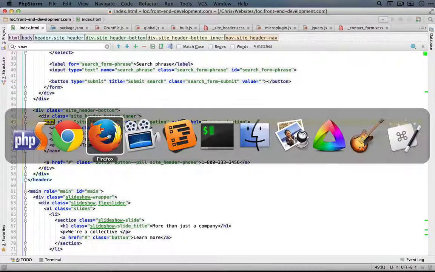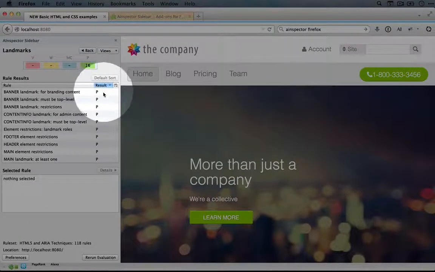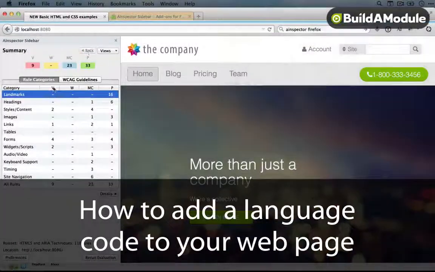We'll save this, jump back to Firefox and refresh. And now it looks like we're passing on every point here in the landmarks section. Great. I'm going to hit back. And now let's